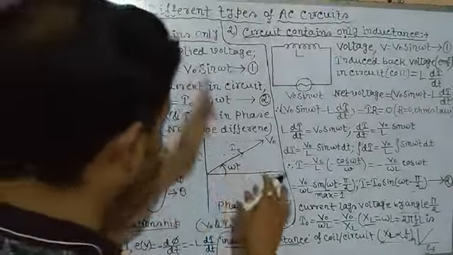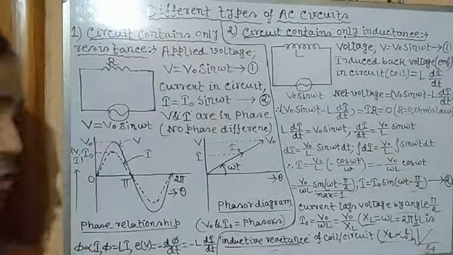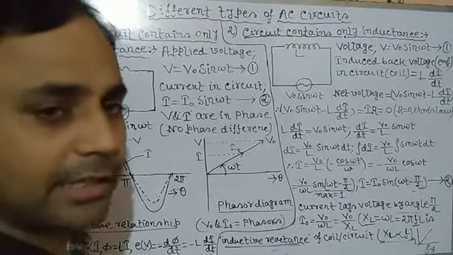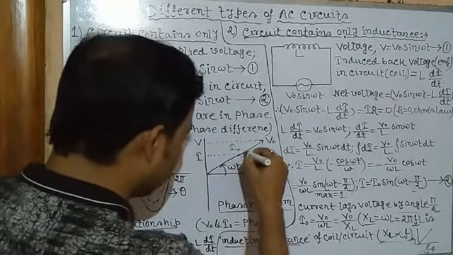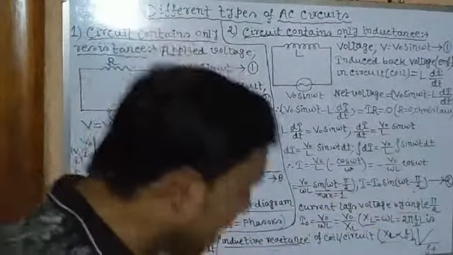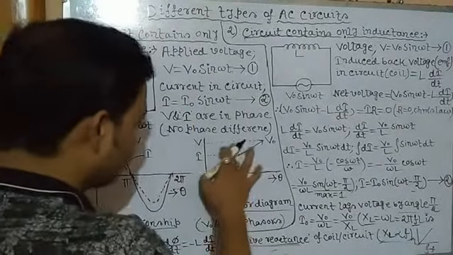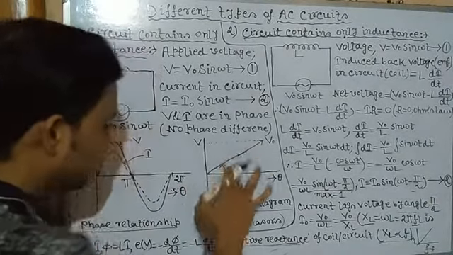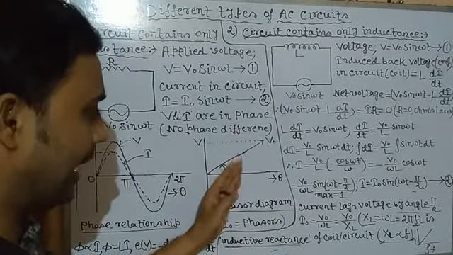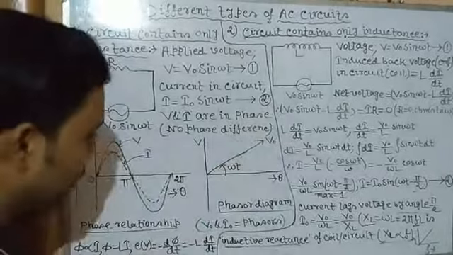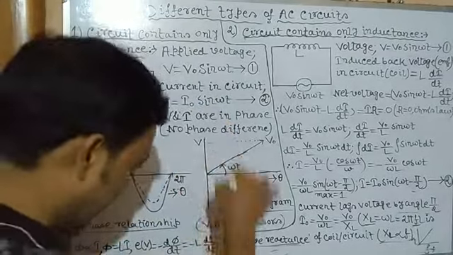In the previous case they were in the same phase, but here the current is lagging by angle pi by 2. So in this case, the alternating current and voltage cannot lie on the same line. Since the current is behind by pi by 2, that is 90 degrees, the voltage has already reached its maximum value by rotating an angle omega t, which is theta, but the current is 90 degrees behind, so the current cannot rotate in the clockwise direction. Rather, it will rotate in the anti-clockwise direction.